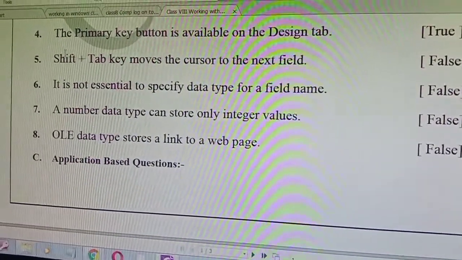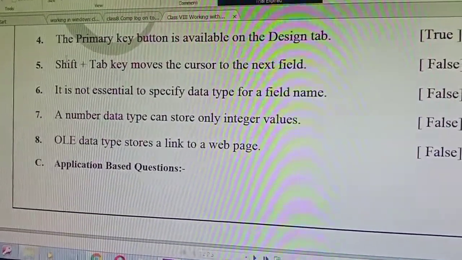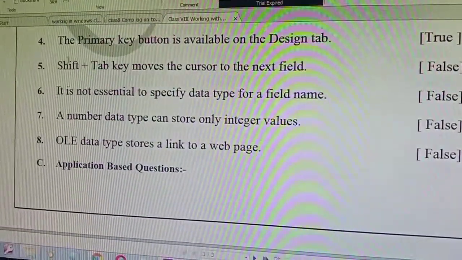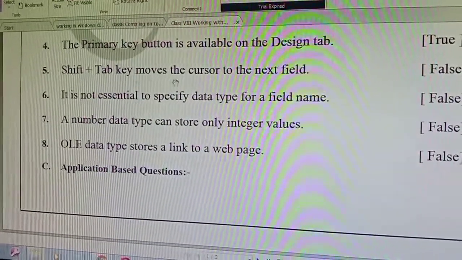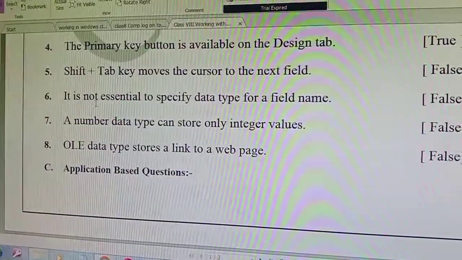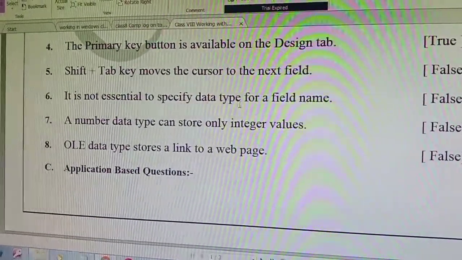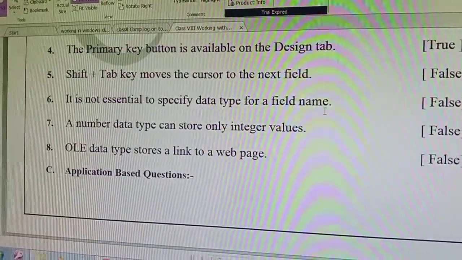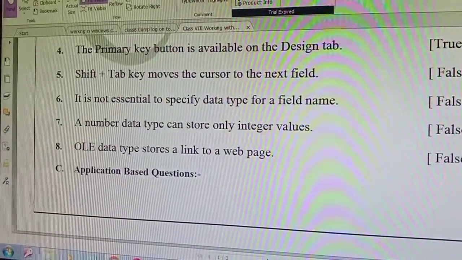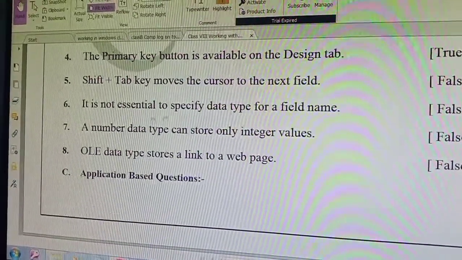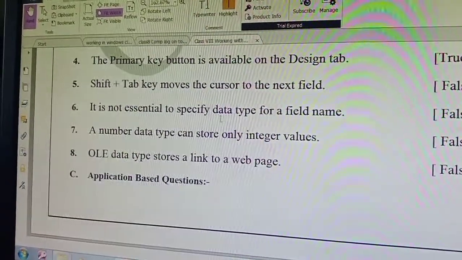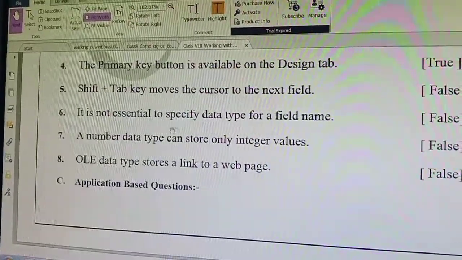If you press the tab key on the last field, the cursor automatically jumps to the next row. It is not essential to specify data type for a field name. It's wrong, because you need to specify data type for a field name.